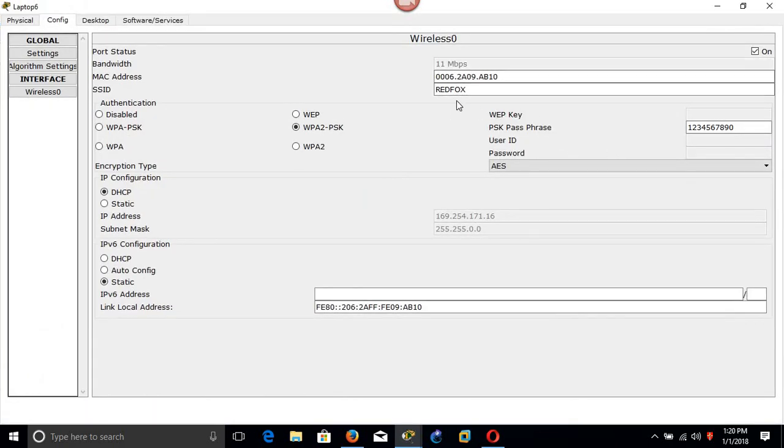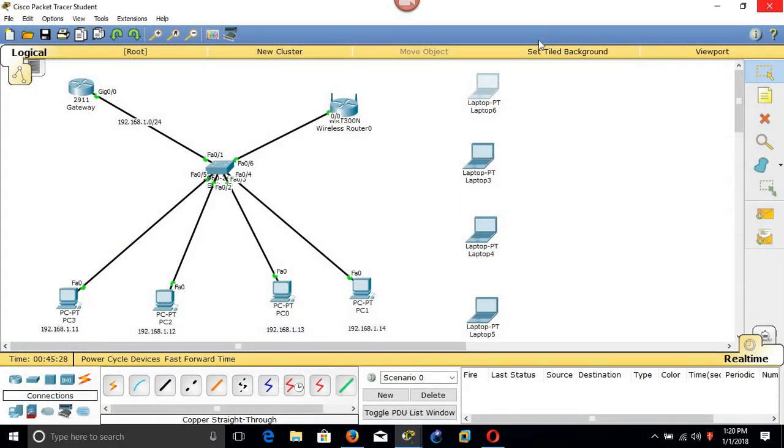Oh, this one is RedFox. Let us put your password 1 2 3 4 5 6 7 8 9 0. Okay. It takes some time.